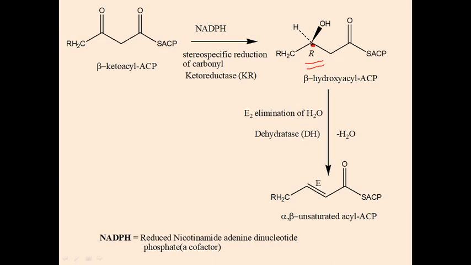Generally, priority is given to the atom which has the highest atomic number. Of these, two are carbon, and here are hydrogen and oxygen. Obviously oxygen has the highest atomic number, so oxygen will be given number 1. Next, this carbon is bonded to another carbon, and this carbon is bonded to hydrogen only. So obviously carbon is given priority, then hydrogen. This carbon will be given number 2, and this is carbon and this is hydrogen, so carbon will be given number 3, and this hydrogen is number 4. We do not need to write number 4.